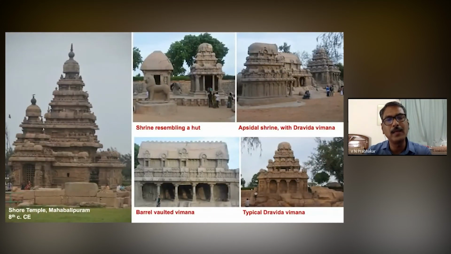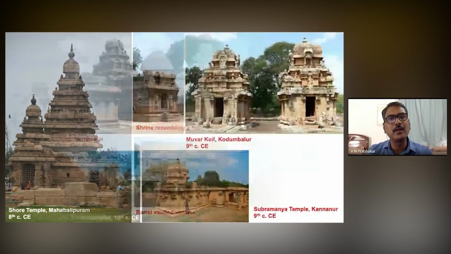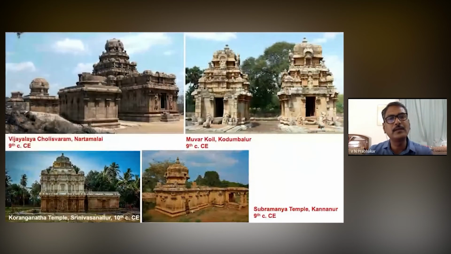So these are the sort of examples we find, and we find the earliest examples from again Mahabalipuram. They have been experimenting with various temple formats. We can see the Shore Temple here, which is five-storied. And they are also creating a shrine closely resembling a hut, which is dedicated to Durga here. There are two-story to three-story temples, and an upside-down temple also they have created. So various temple formats they have been creating in a freestanding format, and ultimately they are shifting into the structural forms which the Cholas follow.